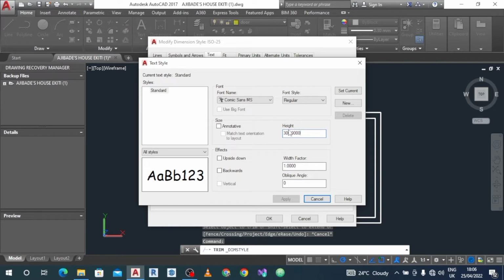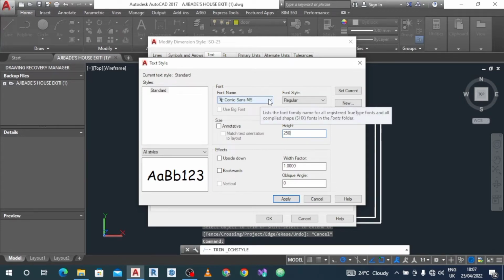What you need to edit is the height. Take note, when we are playing around with heights, we don't need to use more than 200, 250 or 300. Anything more than 300 will look unnecessarily too big. That is for dimension lines. But it depends. If you want to give it a title, like maybe ground plan, we can use something bigger, maybe 400 for instance. But for dimensions, let's not go beyond 200 to 300. After setting our height,